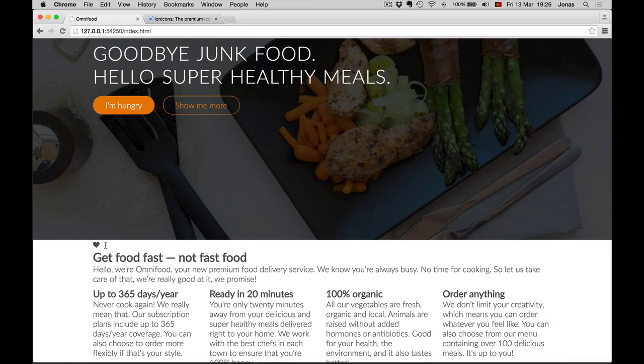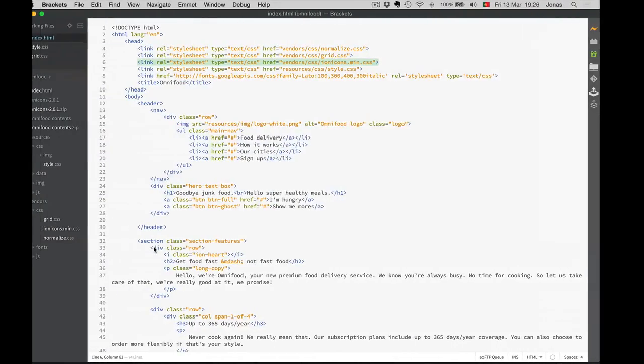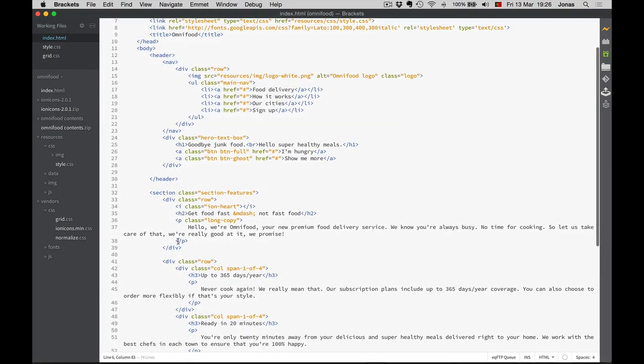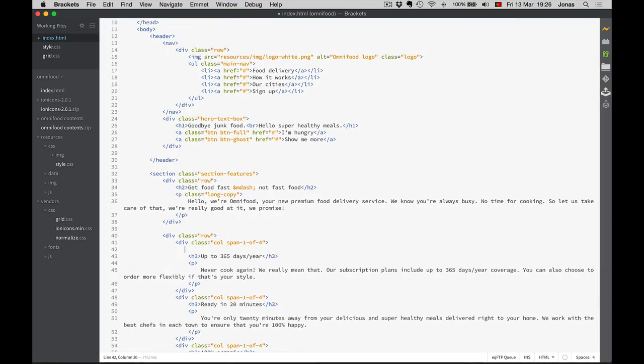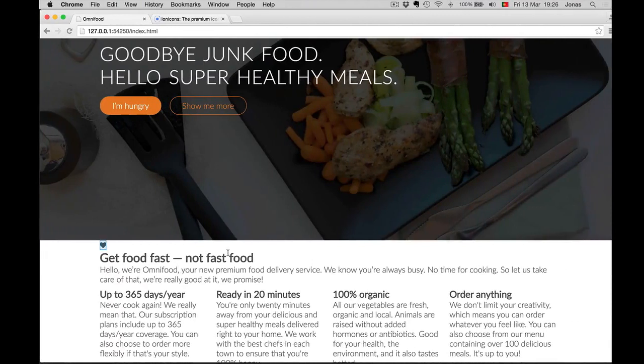Here is our heart. It's not where I wanted it. Let me go back. I don't want it in this place. I want it here right before the H3. So let me paste it here. And now I have this icon